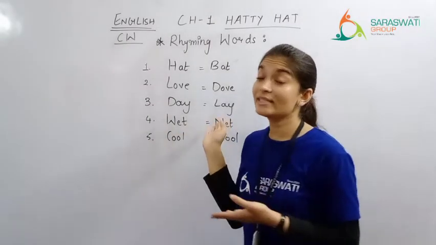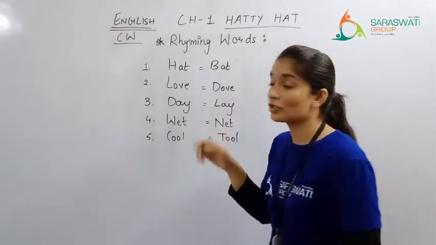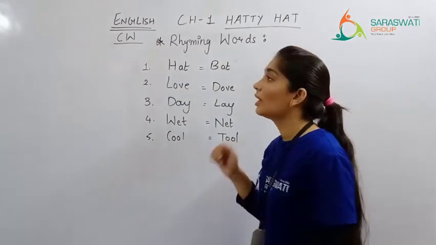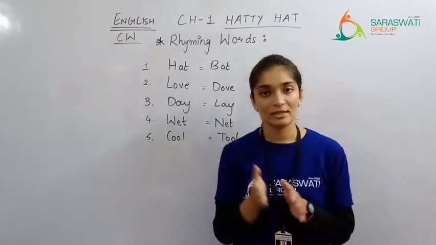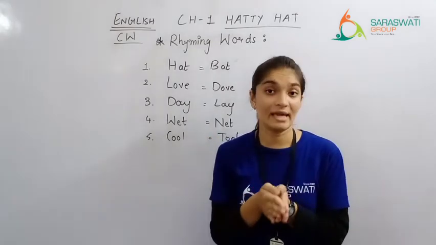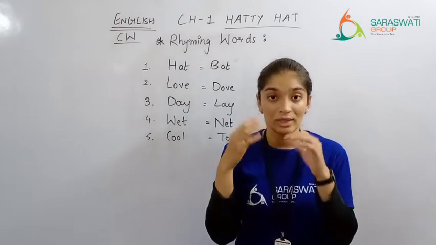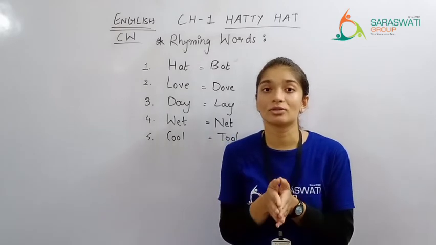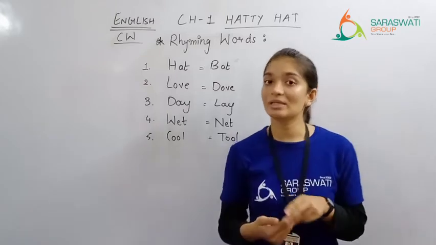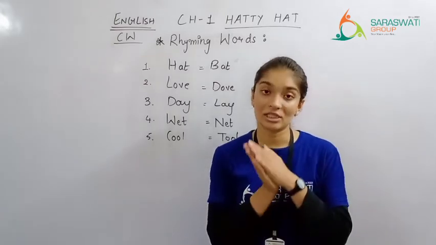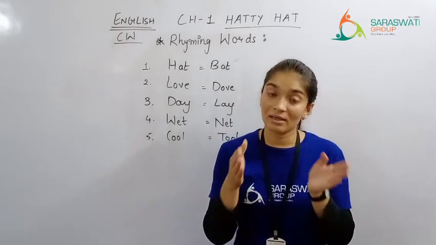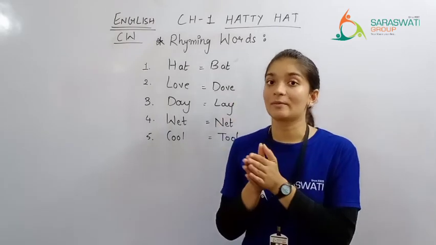Okay, so the next question is rhyming words which you are supposed to write after opposite words in your English CW. What do you understand by rhyming words? Rhyming words are the words which sound similar or same at the end of the word when you pronounce. જ્યારે તમે pronounce કરો છો તો એ similar sound કરશે, right? And there are two types of rhyming words જે આપણે already learn કરી લીધું છે, which spells similar and sounds similar, and which spells different but sounds similar, right?